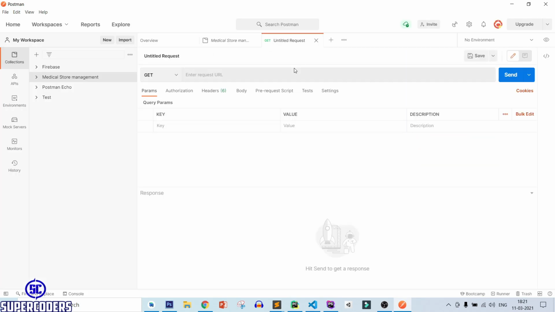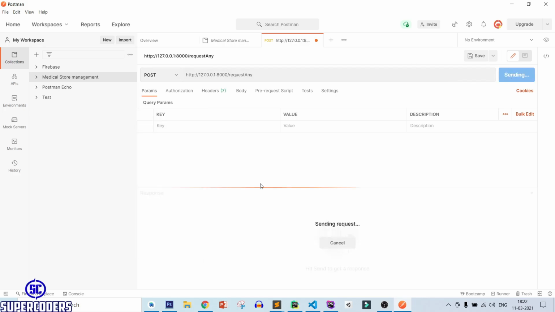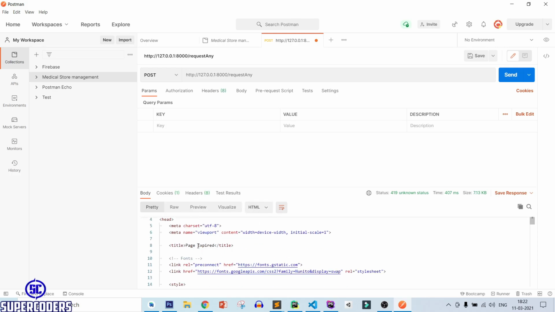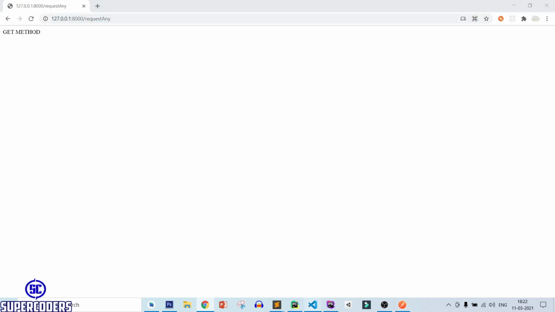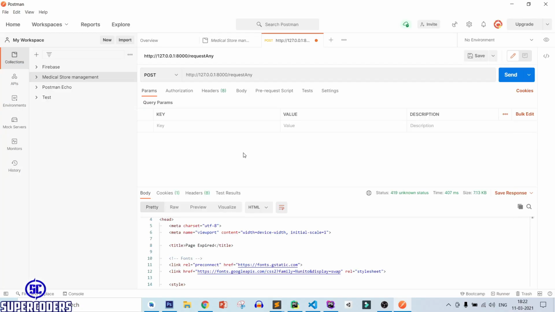Let's open a new tab and try to call the URL using the post method. So I think post will not work because it is showing page expired, because we didn't pass our CSRF token. So now let's see one more thing which I missed in the CSRF token part. Suppose that you want to exempt the CSRF token, meaning you don't want to pass the CSRF token but want to access the page. So let's see how you can access this page in that situation.